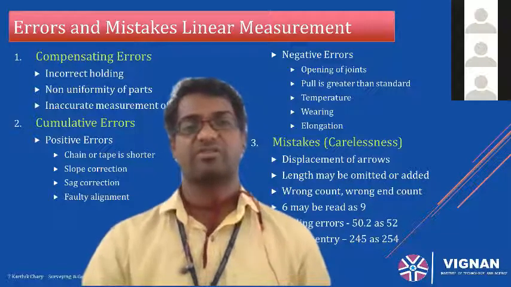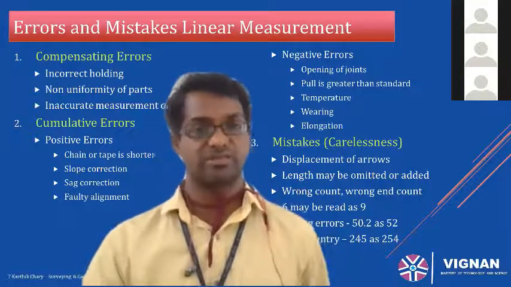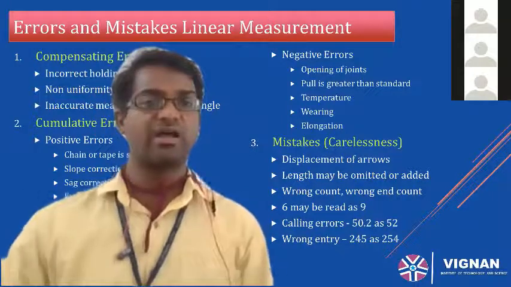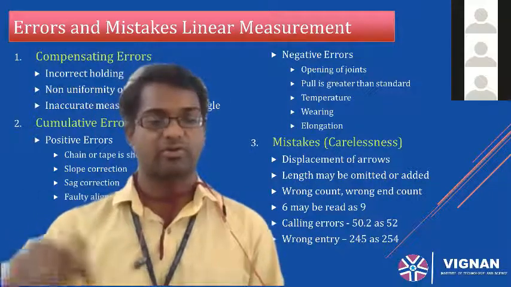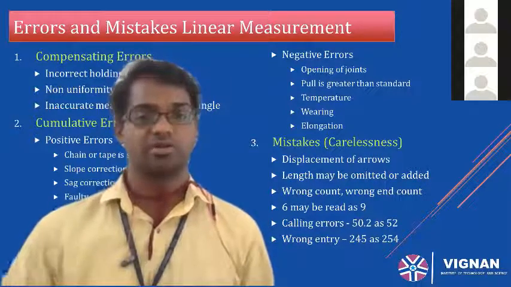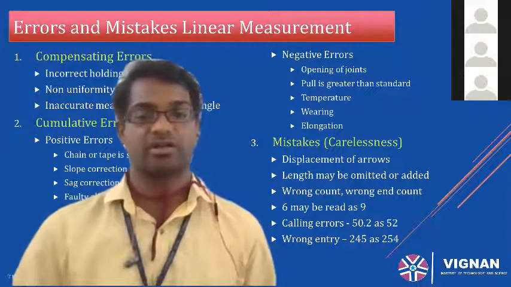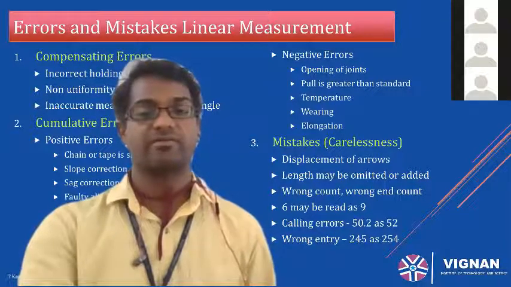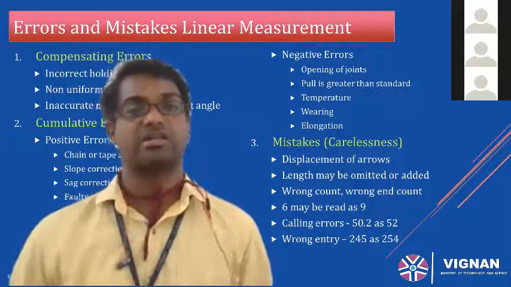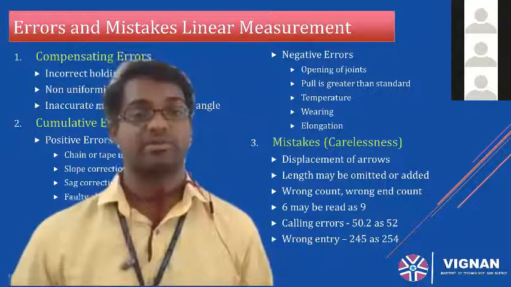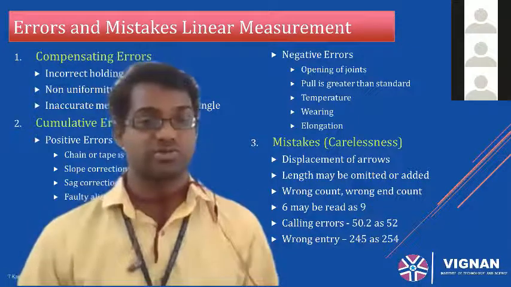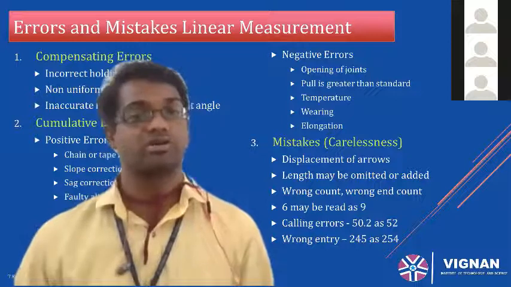The mistakes happen due to the carelessness of the surveyor or the so-called followman. So what are the mistakes? We use an instrument called arrows. At the length end of the chain, you will keep an arrow there. You will fix the arrow there, right? So there may be a chance of misplacing the arrow, right? And if your arrow is displaced, then you will take again approximately this may be the point. That is the mistake you have committed. So ensure that your arrow is firmly fixed to the ground, right? In order to calculate the number of full chain lengths.